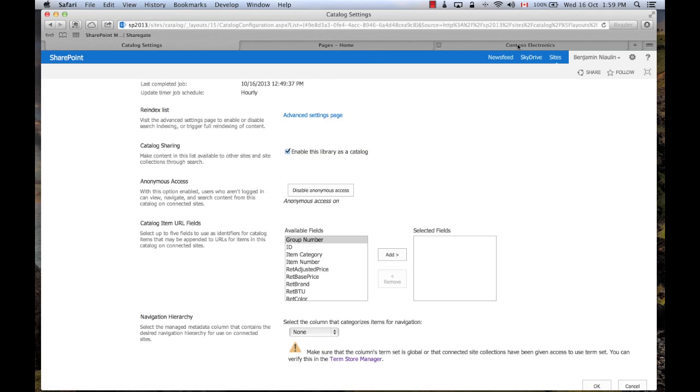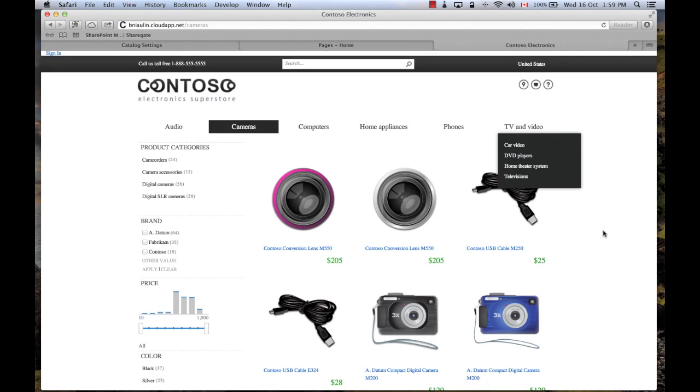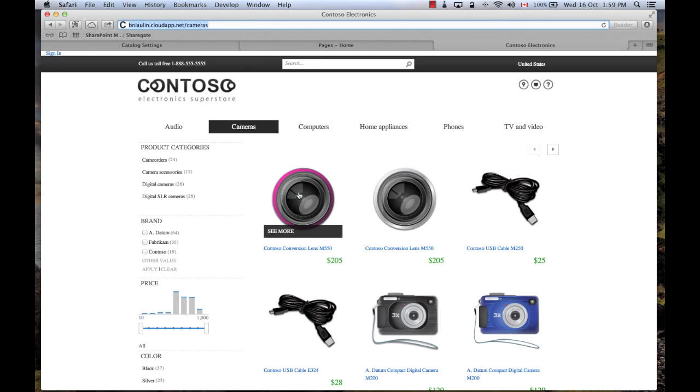So in the future, when I get to this environment, to be able to see this wonderful, apparently, lens, I don't have to have access to the actual product catalog where this is stored. And I don't have to have access to this item. But the actual product list that contains this is not enabled anonymously. If I try to go there physically using the URL, I'm going to get an access denied. It's only in the